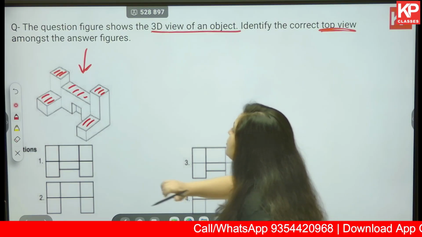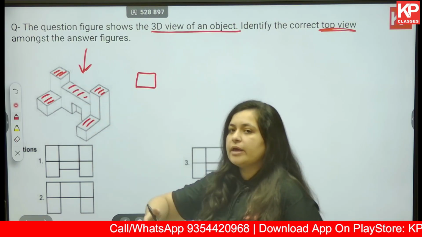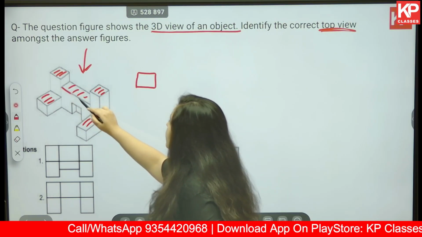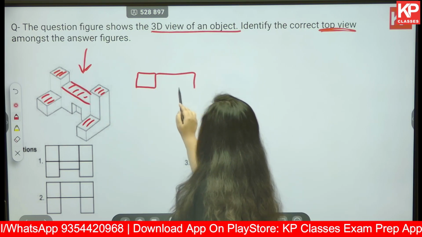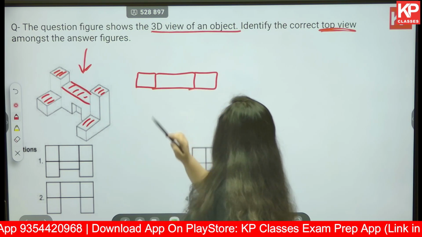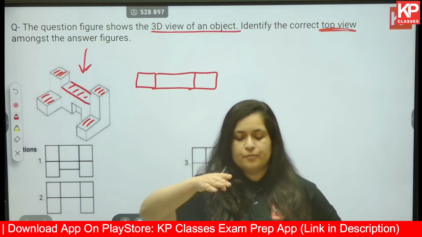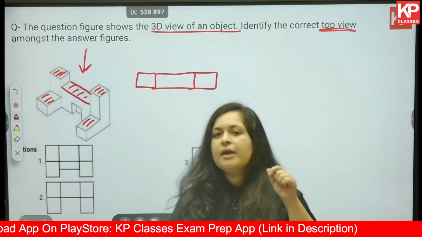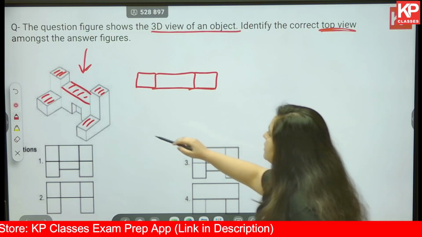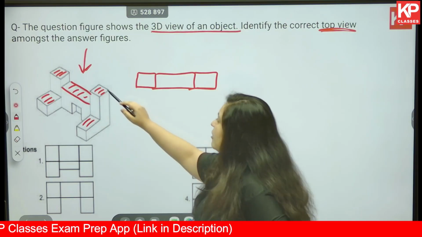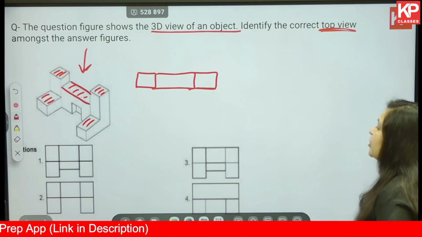Now first of all, there has to be one rectangle or a square here. This particular face is continuing, so you have a rectangle, another square over here. Now in elevation or from the top view, the level difference is there. Because of this level difference you will have a line over here. If this was on the same level, then it would have been one huge rectangle, but since the difference is there, there is going to be a line.